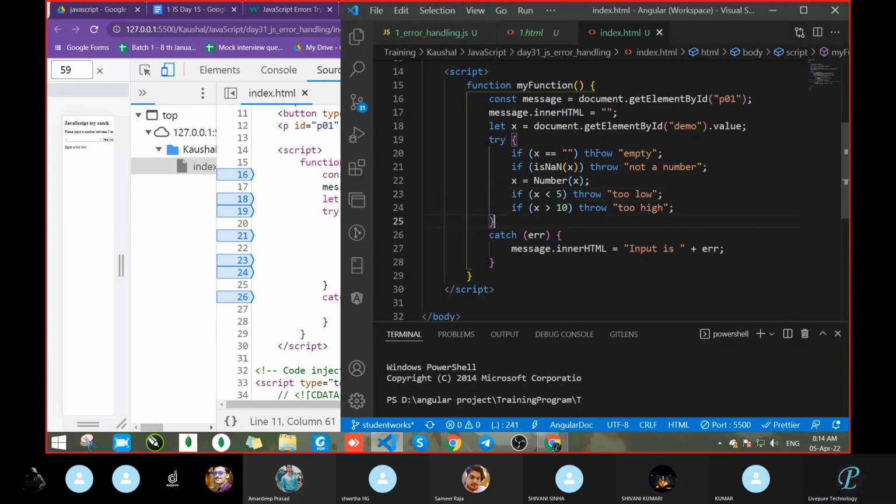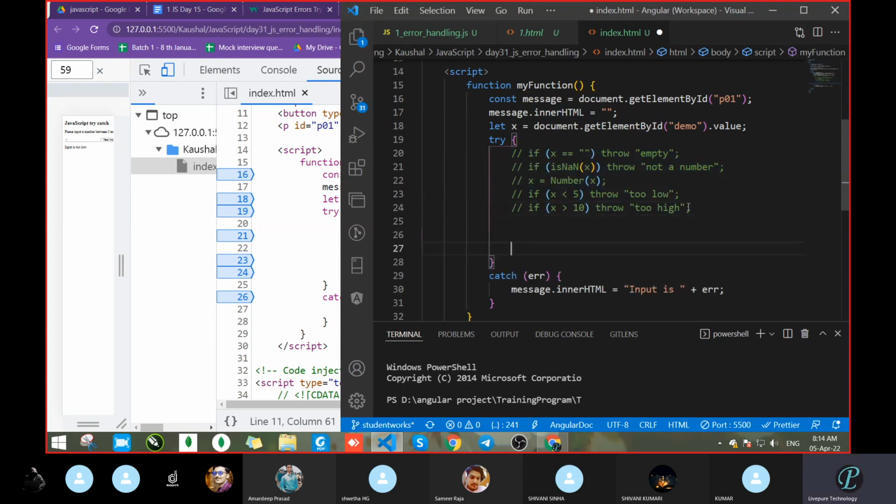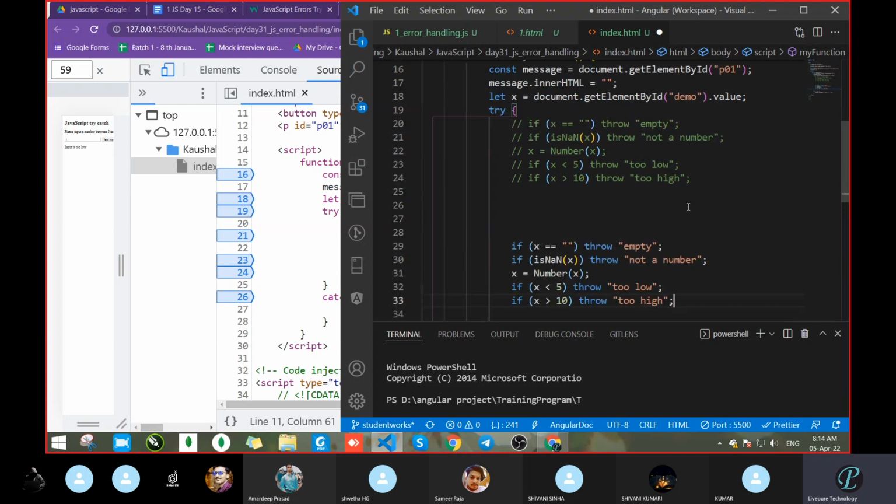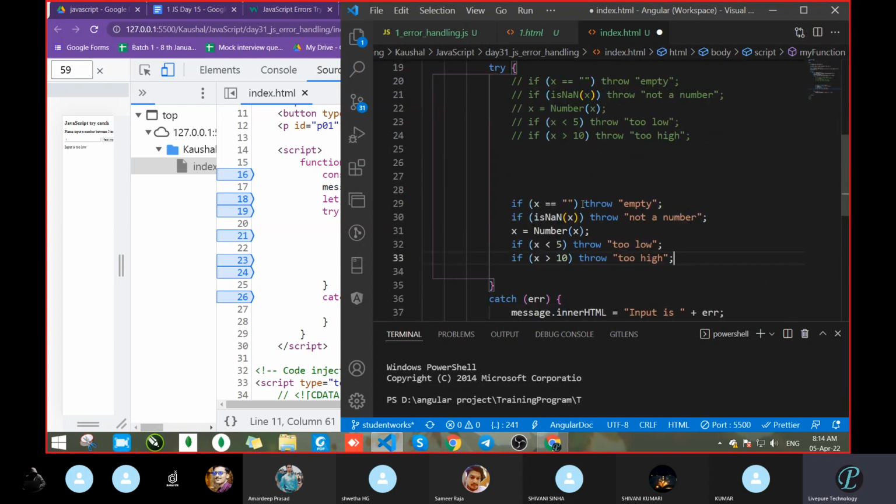Just wait. Copy this complete line. Comment. I do not want the throw one. Now you can see, will you get any error or what will happen? Thinking you will get any error in this condition?